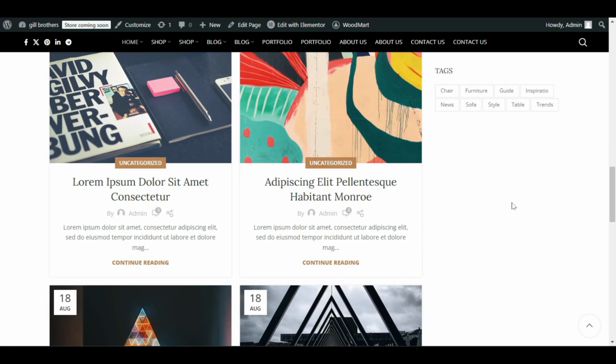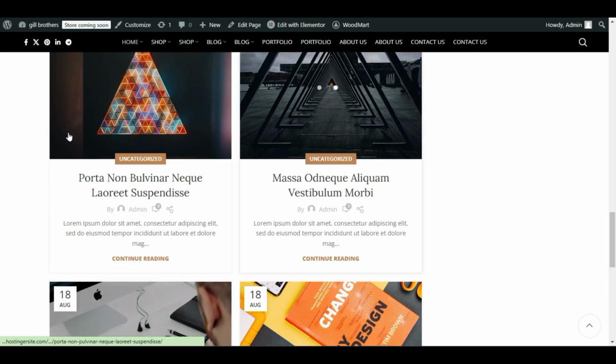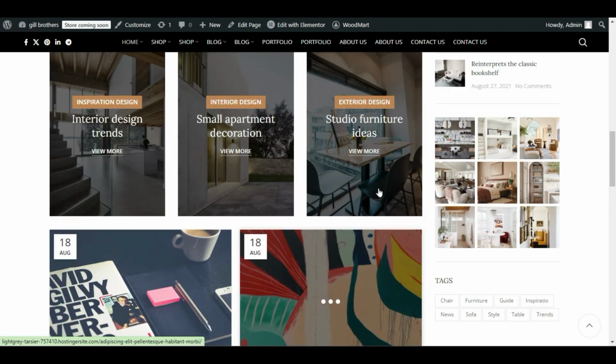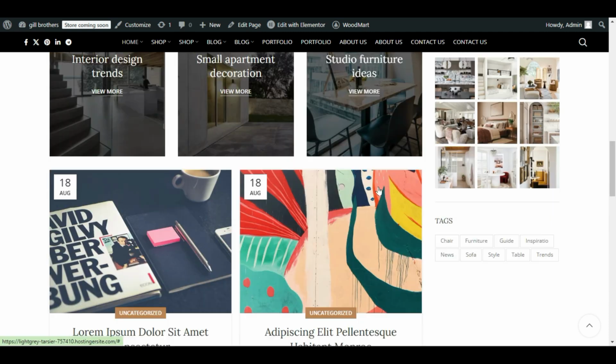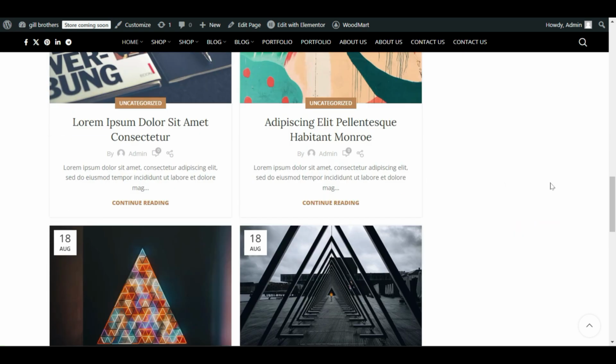Or either you have to reduce these blog posts. For example, 2, 3, 4. We will reduce and our website will look nicer, with the complete sidebar, there is no blank space like that. Okay, just you have to